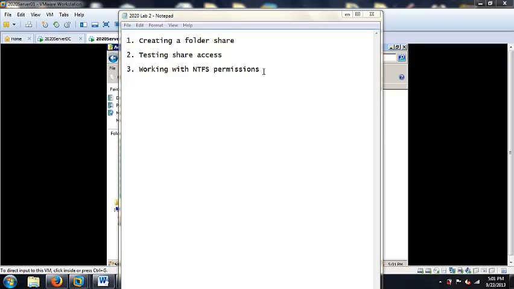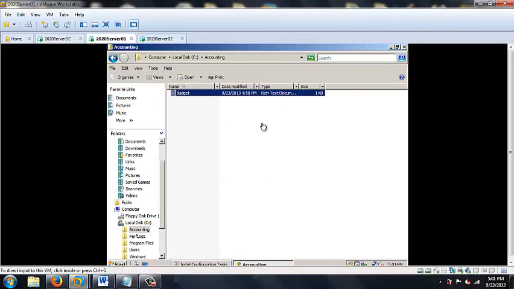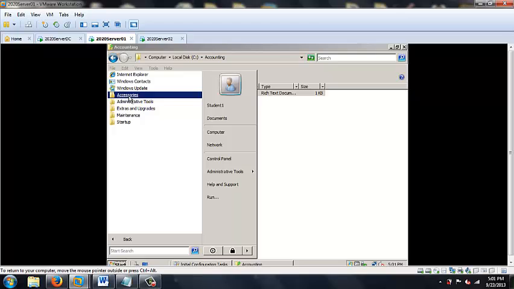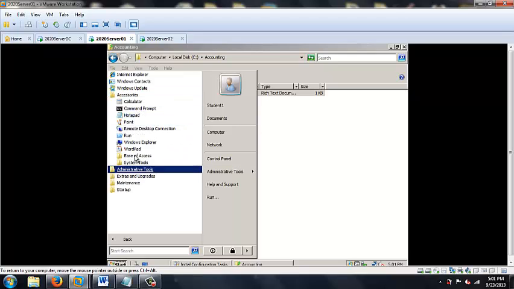Hey guys, it's Josh. Today I'm going to be demonstrating creating a folder share, testing share access, and working with NTFS permissions. So to get started, we want to go to Start, All Programs, Accessories, and we want to go